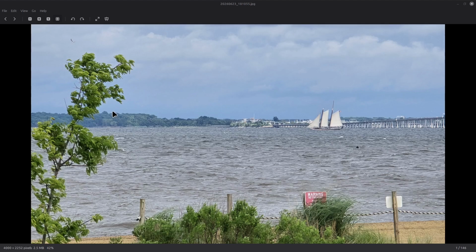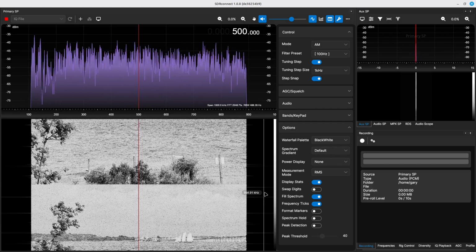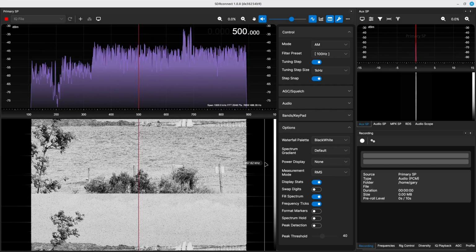And I wanted you to see what is possible with the spectral painting stuff. So I took this particular image, lowered it to a 1600 by 900 size, converted it to grayscale, and then flipped it vertically, saved it using GIMP, imported it into the GNU Radio flow graph, and saved it as a WAV file. And now I'm looking at it in SDR Connect. So this kind of gives you an idea of what is possible.